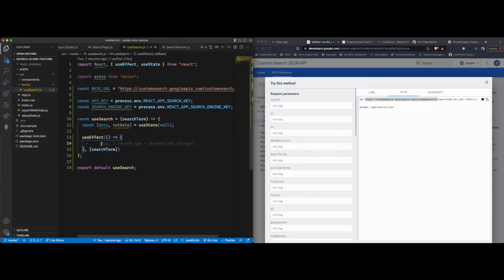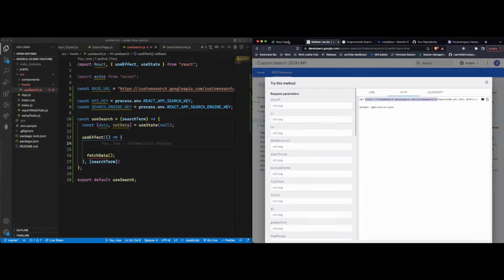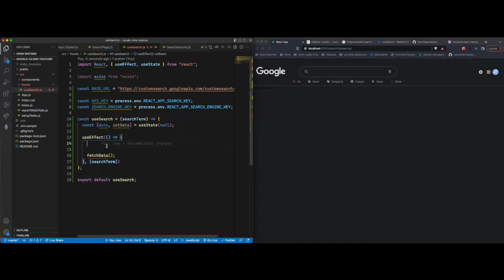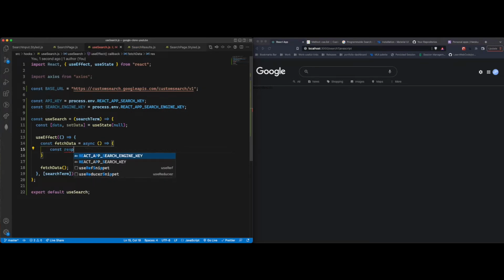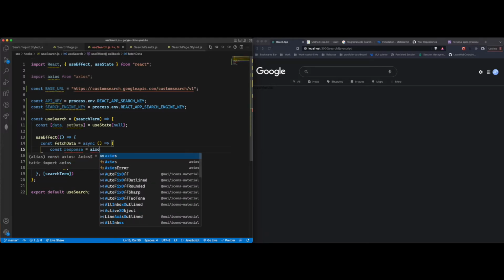Alright, now let's write a function. We're going to write a function called fetchData that will handle all of our data fetching portion. So right now it's going to complain it's not defined, but that's fine. We're going to create that right now. So we're going to do const fetchData. We're writing a function body. It's going to be an asynchronous arrow function. Here we're going to declare const response equals to, we're going to use axios